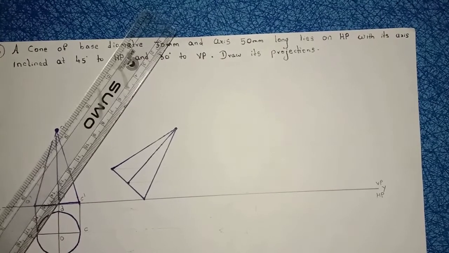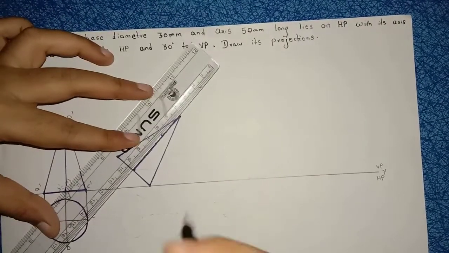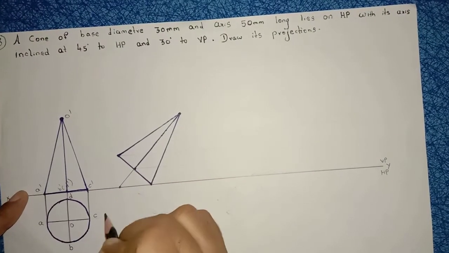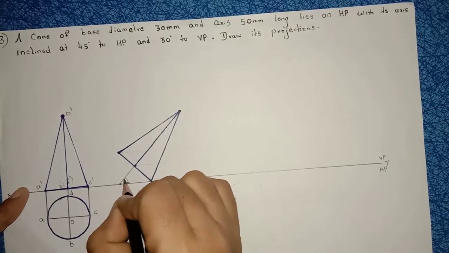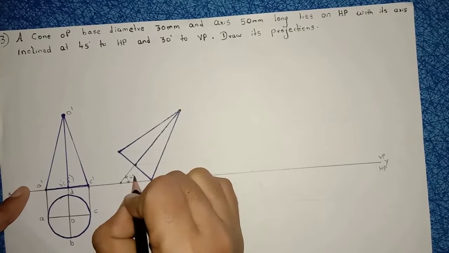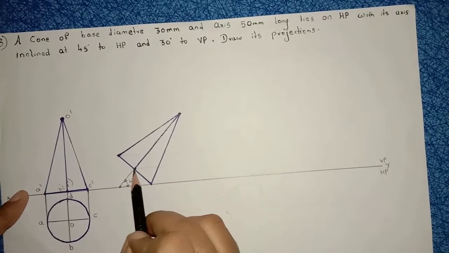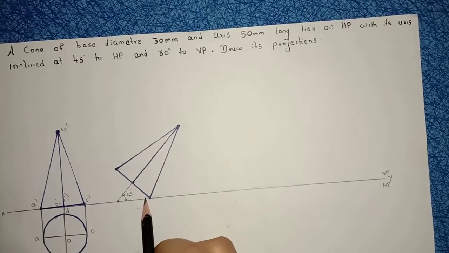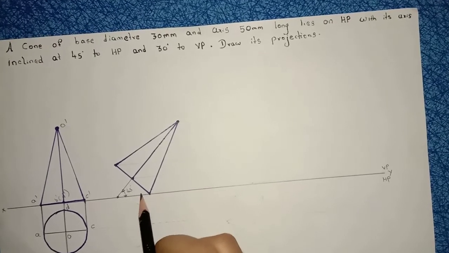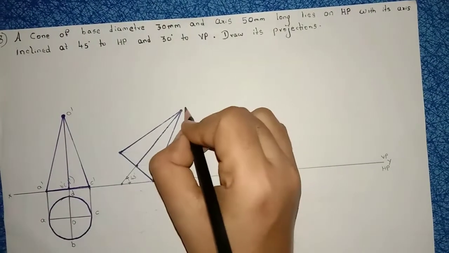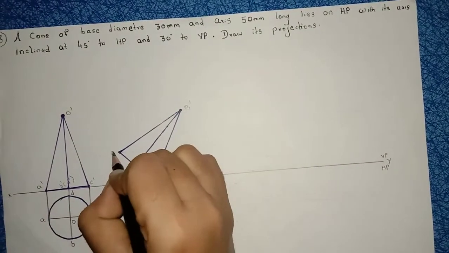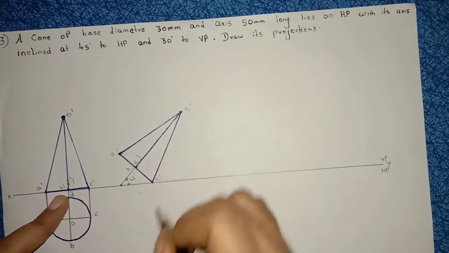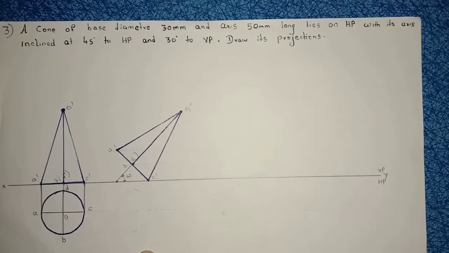Now after that, extend this axis line till this reference line. Place your protractor here. If you measure the angle here, the angle will be 45 degrees. This is 45, this is 90, this is 45, the base is 45. So with the help of this base, I have constructed the pyramid here. This is O dash, I am naming this point as O1 dash, A1 dash, B1 dash D1 dash, and C1 dash. So 1, 2, 3. Now I have to construct the fourth step here.